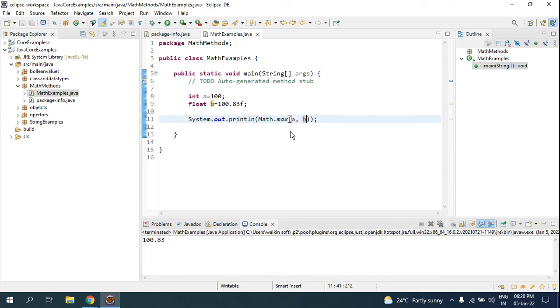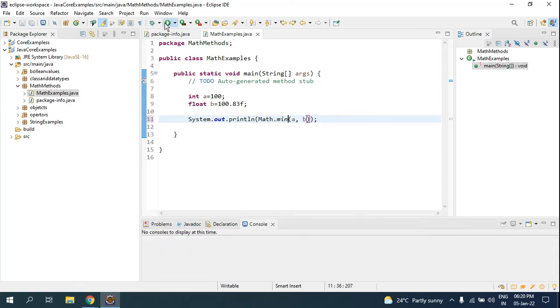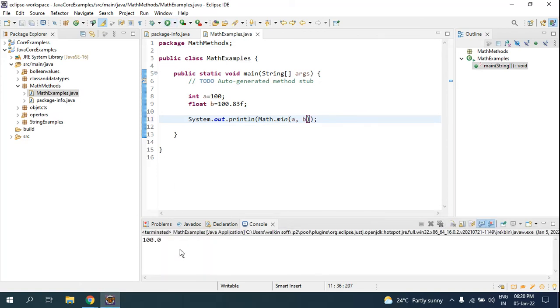The highest value is returned from the two numbers, and you have another one which is min, which fetches you the minimum number out of the two. So here if you run it, the least number will be presented. I'll make both of them float, and I'll make this 0.77f and let it be 0.83f.